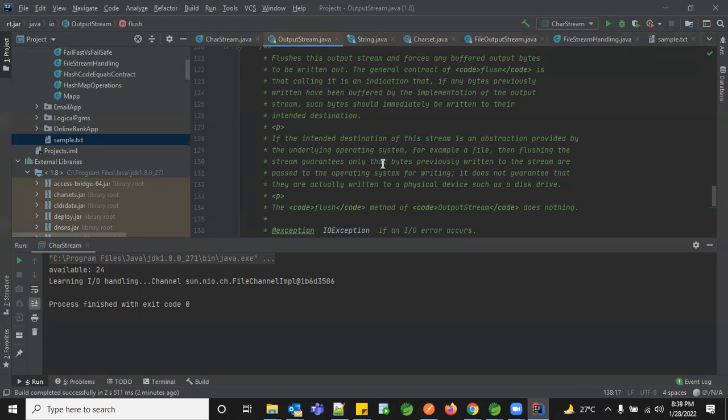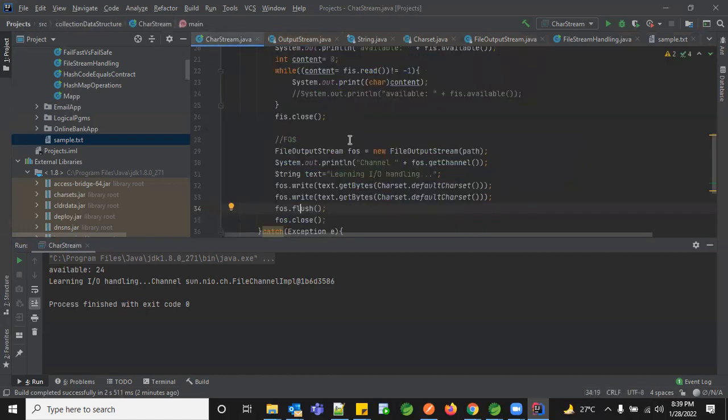Whenever you're writing a huge amount of data and you're not using flush, the entire data is performing an operation in the backend to write everything onto a new file. Sometimes pressure would have been created, like a huge text, and it might not be ready to write the entire thing within that fraction of a second. If you use flush, it will store the existing data in that flush. So unless you complete your data set, the data will not be lost. It will help you maintain the data until you complete your writing part in your file. So it is always a better option to go with flush when you're writing a huge amount of data.